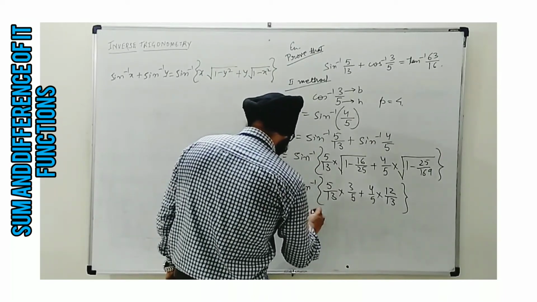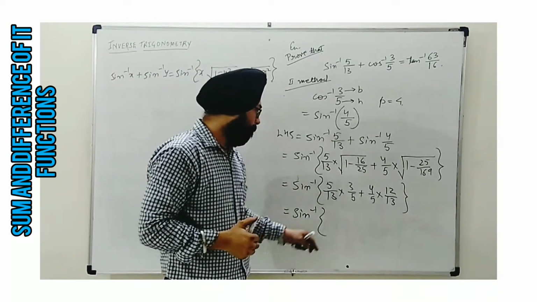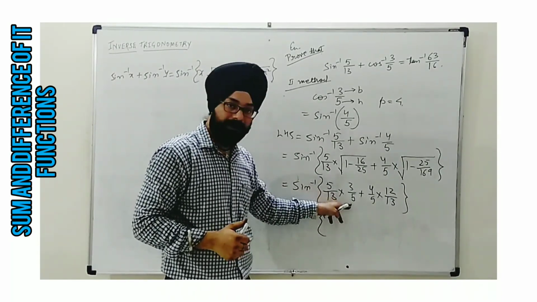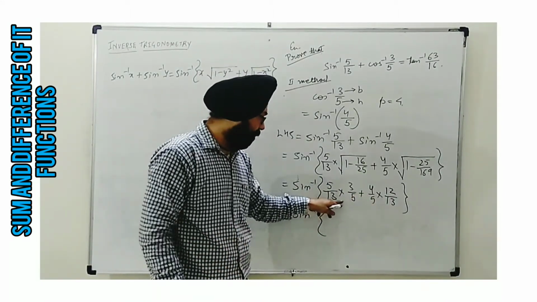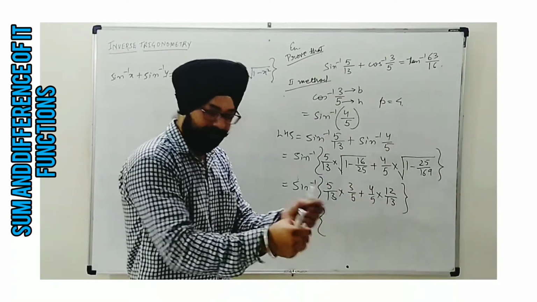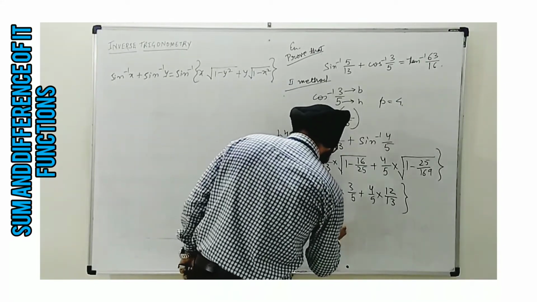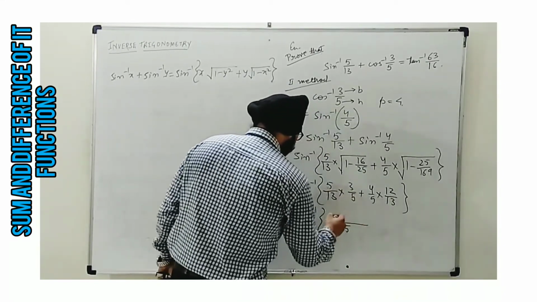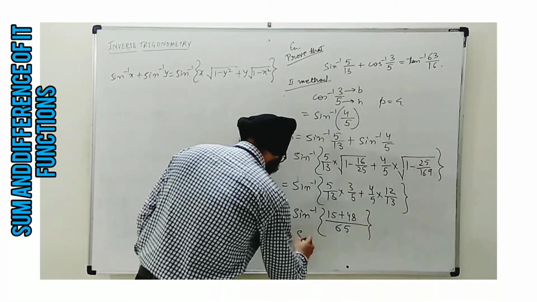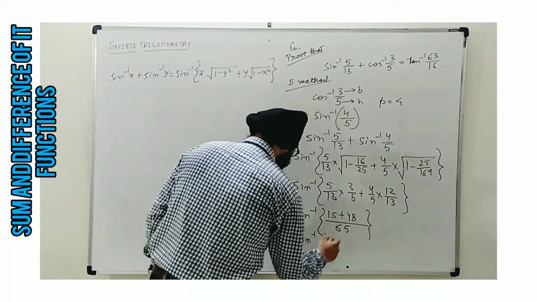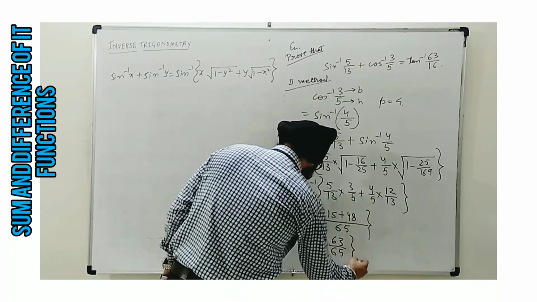We get sine inverse 13 fives are 65. One more thing: here I do not in general cancel, like 5 to 5 being cancelled out. Why? Because we need to take the LCM. So if I do not cancel, then we will find the same denominator in both terms. Very silly thing, but still important. 13 fives are 65. So we will get here 65, 5 threes are 15, and 12 fours are 48. Here we get sine inverse 63 upon 65.